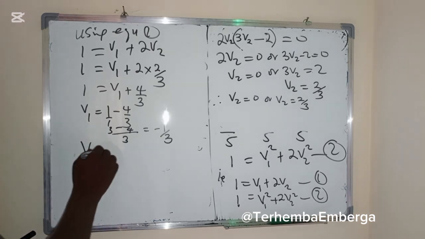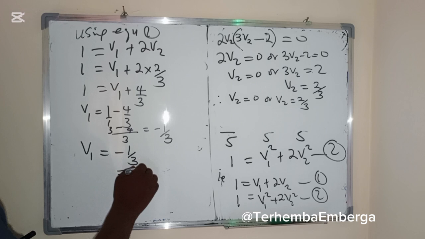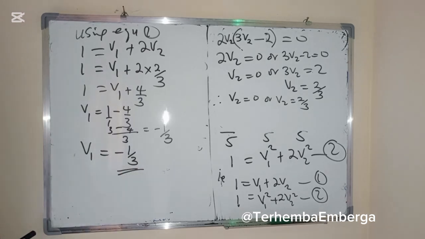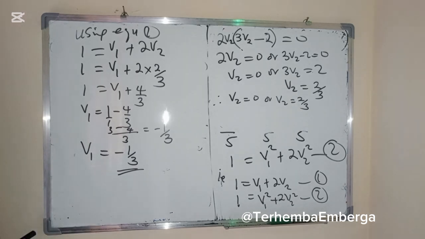So v1 is equal to minus 1 over 3. Is that right? Yes. So v1 is equal to minus 1 over 3. So why the minus? It means that m1 will bounce back after